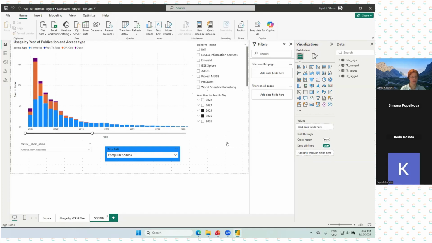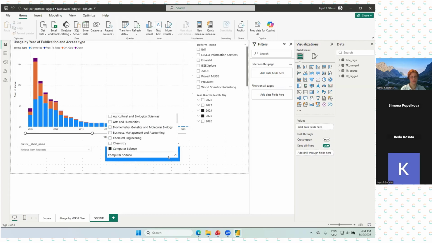And here I have combined the Scopus tags with the usage, and I was curious which science is how much the Scopus fields are used in the history, and it's visible that for computer science, the most relevant articles are for the last 10 years,